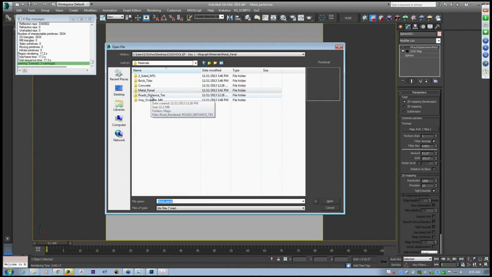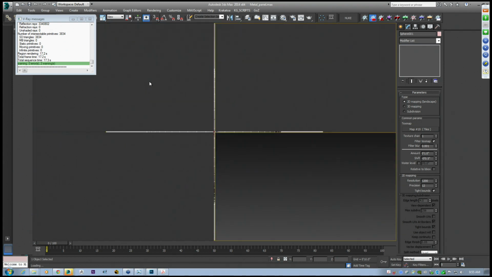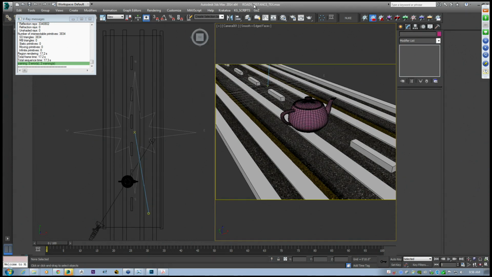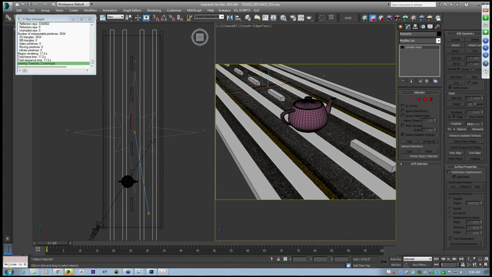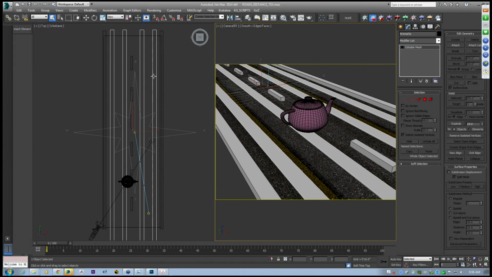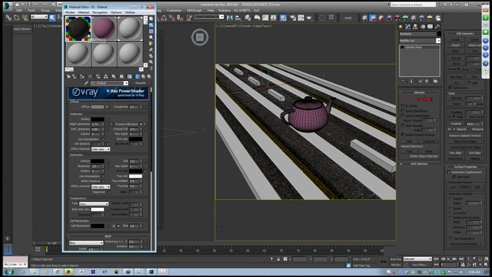So using the distance text is a big thing with setting up roads for animations in particular, but it's also useful for still images because you don't have to unwrap your surface. It's fully customizable with geometry in your scene without taking it out into Photoshop and painting again. It's kind of managing your materials within Max without going elsewhere too much. So what this material does is